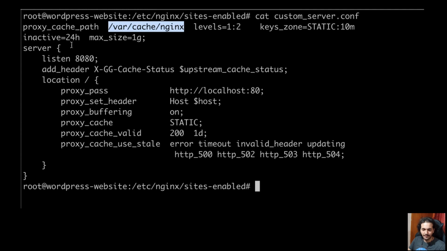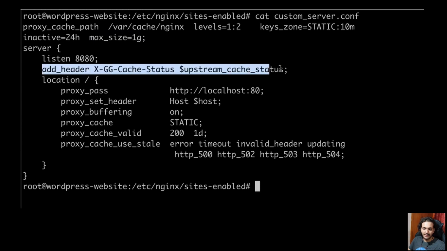I'm also giving it a few other parameters with the max size of 1 GB, so a maximum of 1 GB of cache will be stored in this directory. Then again, we are making it listen on 8080. That's how we are able to hit this proxy server. And this is exactly where I'm adding the header. You remember seeing this in the browser, right?